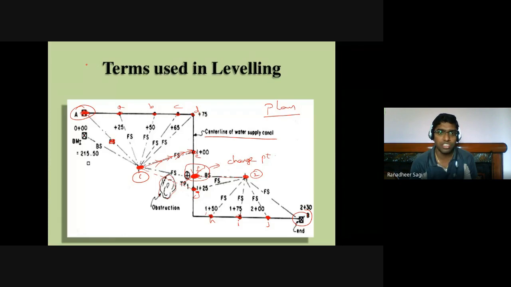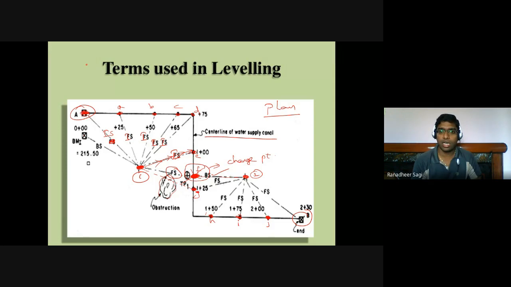Look here, I'm just trying to correct this, because the reading taken with respect to the capital A position is an intermediate sight, with small a position is an intermediate sight, small b position also an intermediate sight, small c position also, small d position also, small e position also an intermediate sight. However, at small f, you are taking your last reading from the station 1 position, which is called your foresight. And after shifting the instrument, once again you are focusing on the leveling staff placed at point F only. But with respect to the station 2 position, that is the first reading. So obviously that is to be called your backsight.